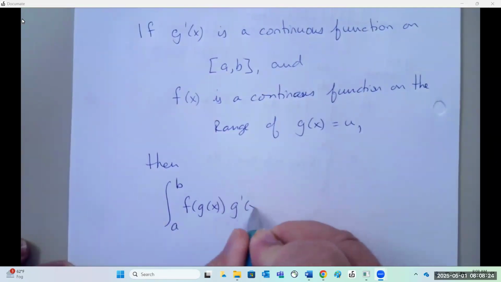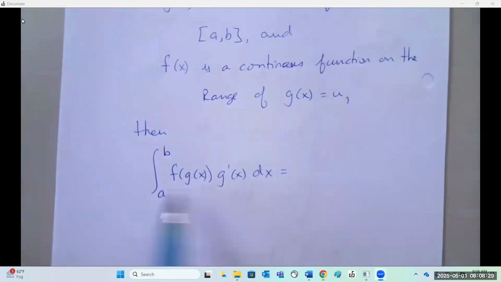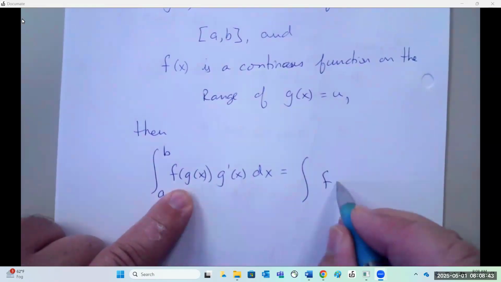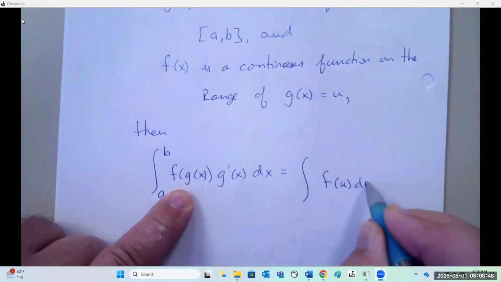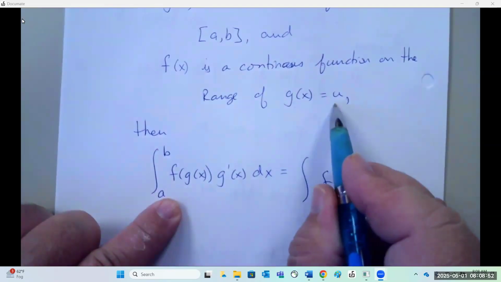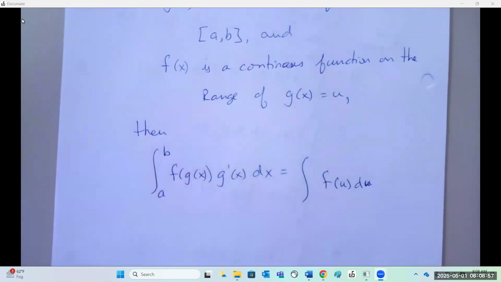then we know from last section, if we use substitution, this is the important thing. Not only do we change what the function looks like, because now what this becomes is f of u du. Because if g equals u, then g prime is u prime, du. All right, that's the first thing. So whenever you do that kind of transformation,